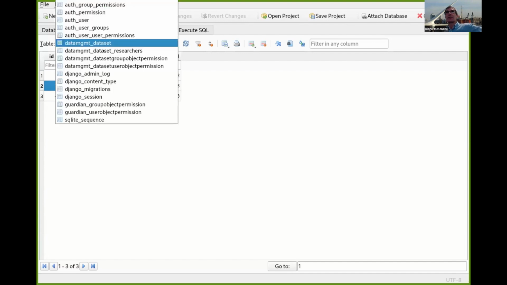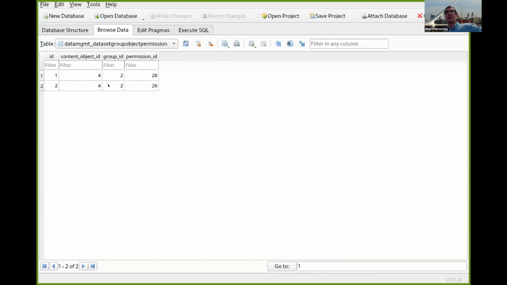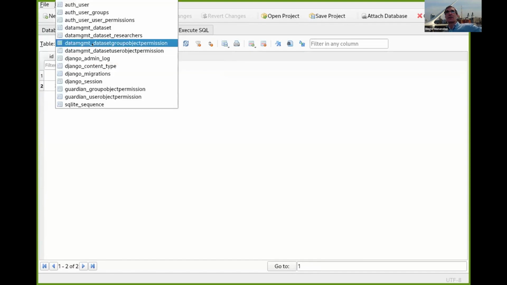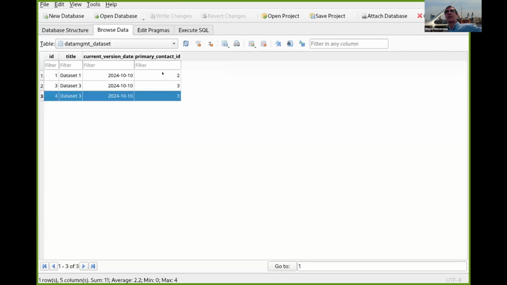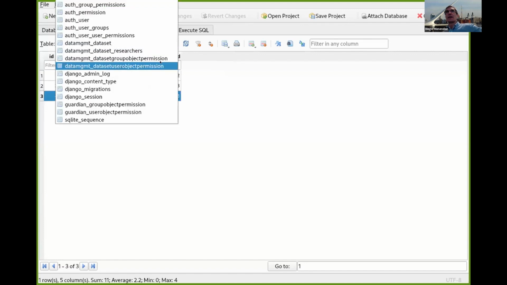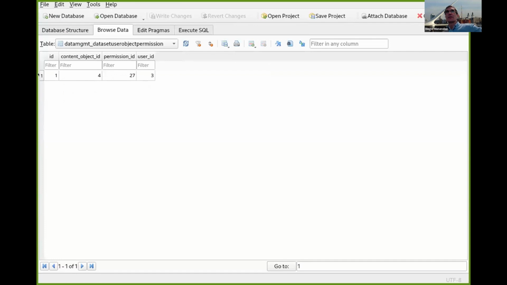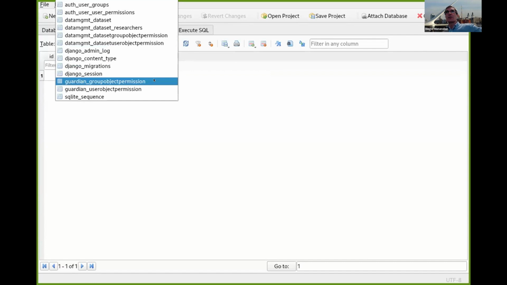Anyway, the permissions in the dataset group are still there. Group ID 2. The content object ID is 4. So dataset 4. This one. And the user object permissions are also for 4. However, if we look at the new tables,